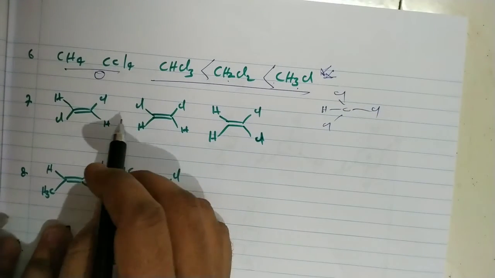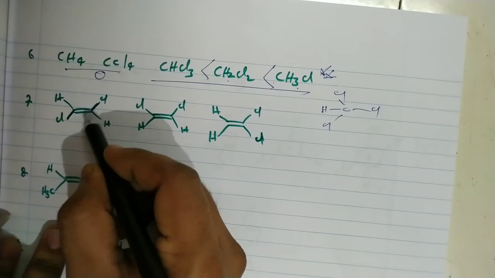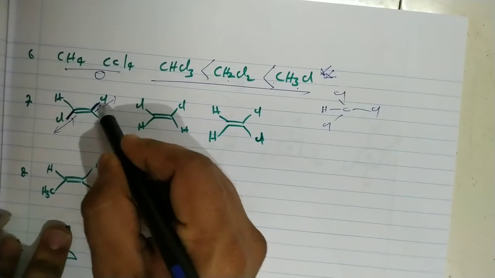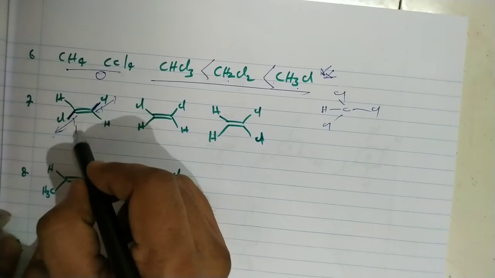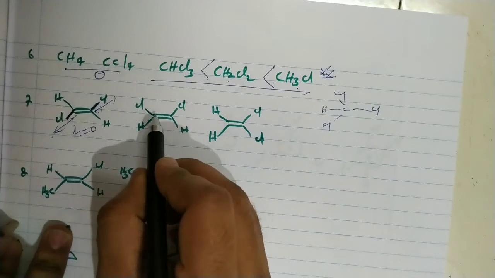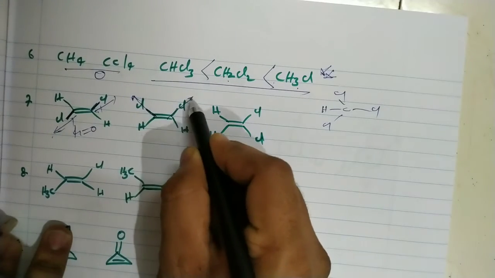Next, coming to these alkenes. Here this is trans. The chlorine is more electronegative. So this dipole moment is towards chlorine and this dipole moment is towards chlorine, exactly opposite each other. So the dipole moment for this molecule is 0, that is the trans. And for this one, both chlorines are in a cis position, here towards chlorine, here towards chlorine.